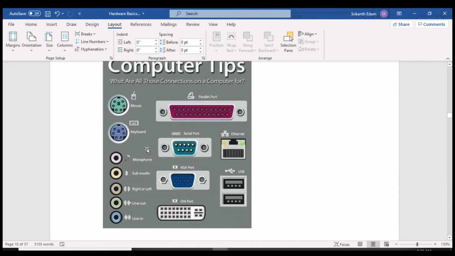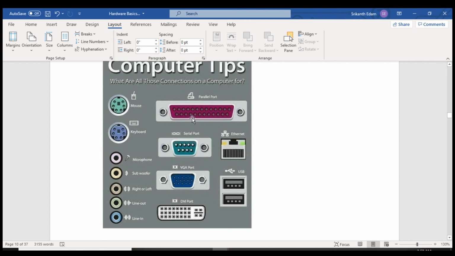As I explained, this is called the PS2 port. Here we connect the keyboard and mouse. It will have 6 pins. Okay, for the keyboard we have purple color, and for the mouse we have green color. In case any one of the pins bends, the keyboard or mouse will not work. So it is the same for every port. The pins must not be bent.